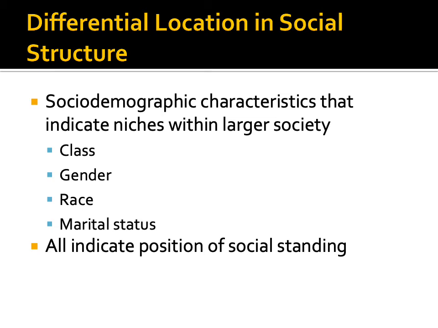Probably if you are an upper class white male, college is not an option, right? It is probably very much expected that you are going to college. Grad school might not even be an option at that point. There's no question about whether or not you're going to get married, right? And that marital status, especially as far as successful people go, is actually fairly important, which is why more often than not, presidents are married, right? CEOs are married. Important people are married. And so these all indicate your position in the social class or in the society, which also indicate who you hang out with and what's reinforced and who you're going to imitate, right?